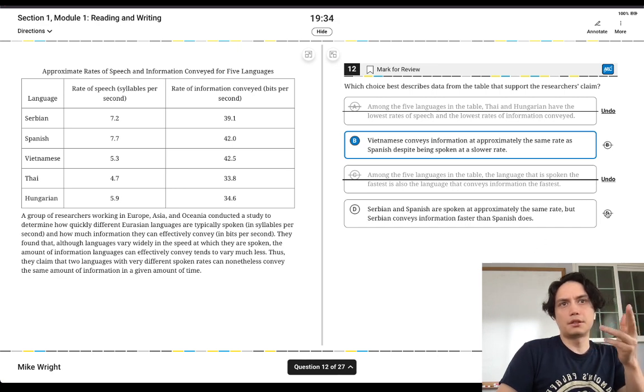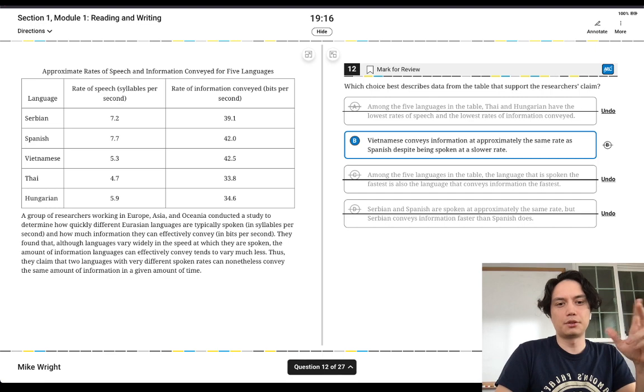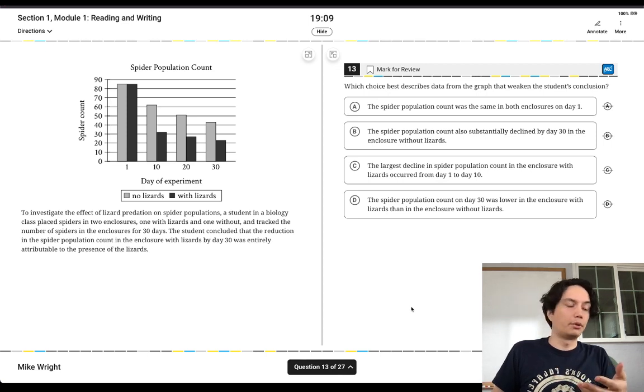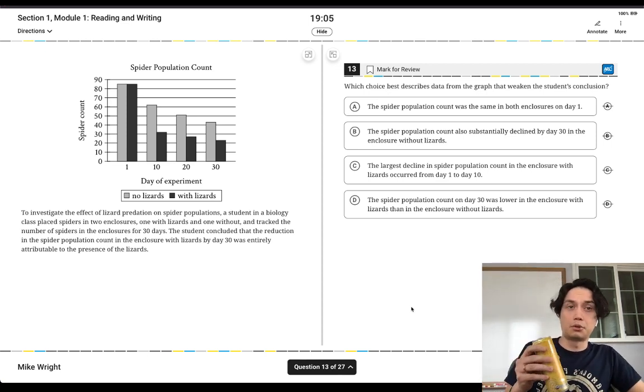Yeah, again, this is not addressing the right point. We don't want the same rate of speech. We want really different rates of speech. Serbian and Spanish aren't really that similar. Serbian also doesn't convey more information than Spanish. So all of these wrong answers happen to be, none of them were saying a true thing that wasn't backing up the right point, although they really could have done that. So that's an easy question, easier than they were allowed to make